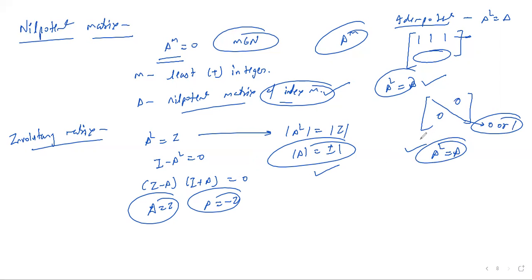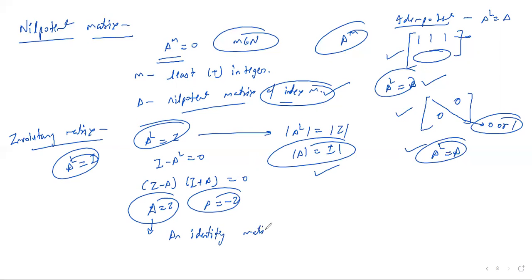If we have a matrix something like these, then we can just check by normal calculation that they follow the idempotent property. Okay, similarly for an involutory matrix, we have an involutory matrix when A square is equal to identity, and we got from here that you can see that an identity matrix is involutory. Okay,